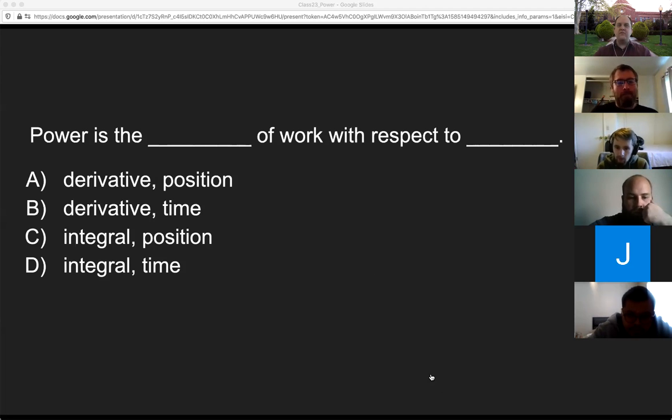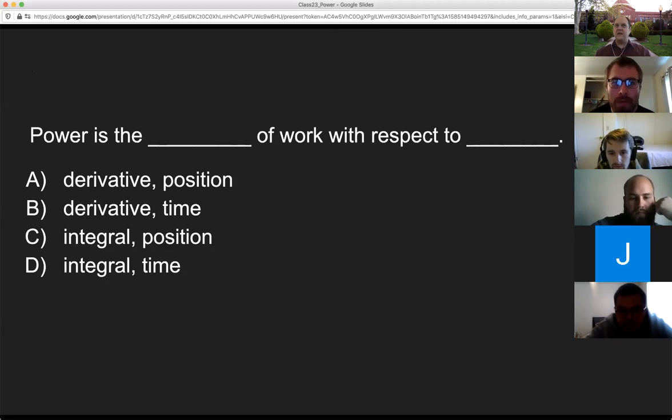And I hit save. Oh, it's making me do things. Okay, so I'm going to launch a poll, and I want you guys to take a look at this question and choose A, B, C, or D.